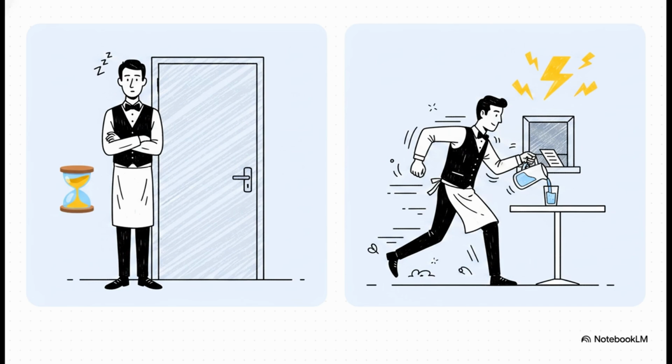Modern AI agents are asynchronous. They drop that order off in the kitchen and immediately pivot to go serve water to another table. An AI agent today can make an API call for data, and while it's waiting for that data to come back, it just spins up a sub-agent to start building the user interface at the exact same time.